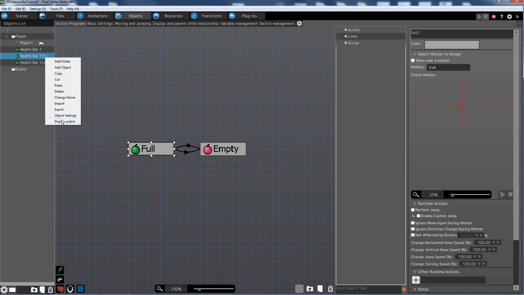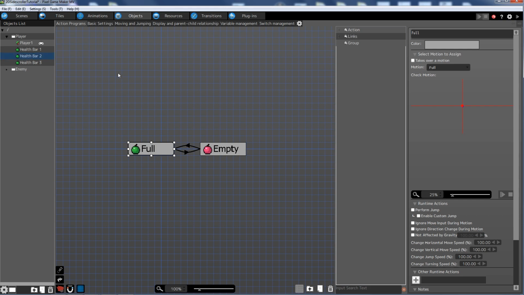Okay. Now just rename these ones here. We need to change the name over to health bar 2 and health bar 3. Call them whatever you want, health apples, just like health bar. There we go. And then all we've got to do to make these things work is go through and